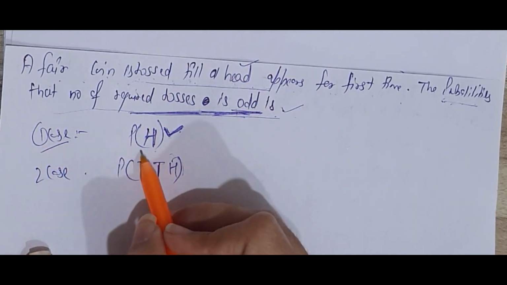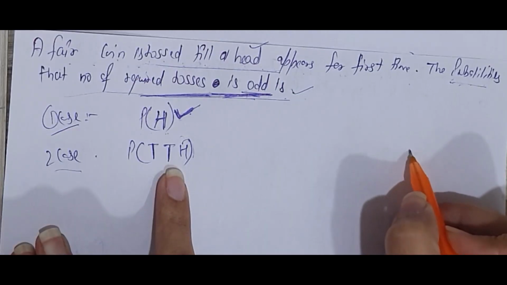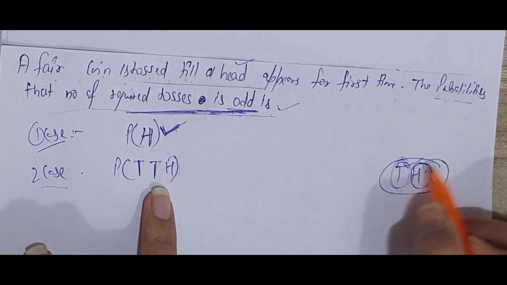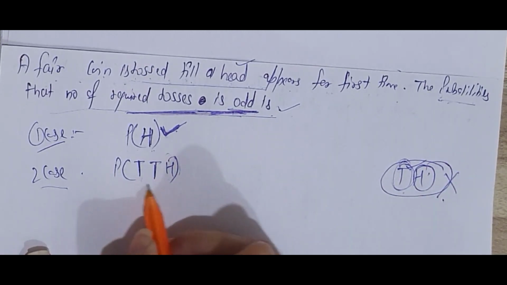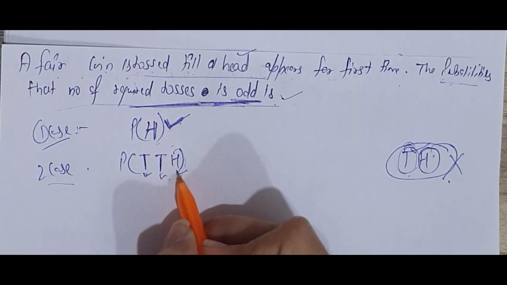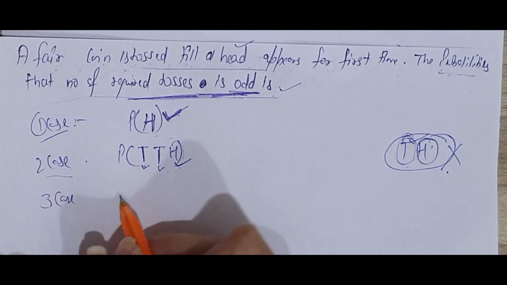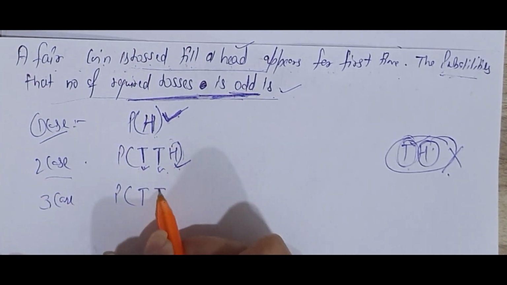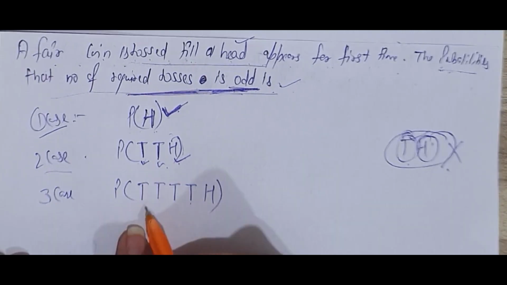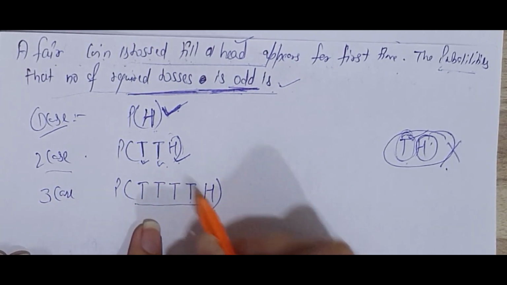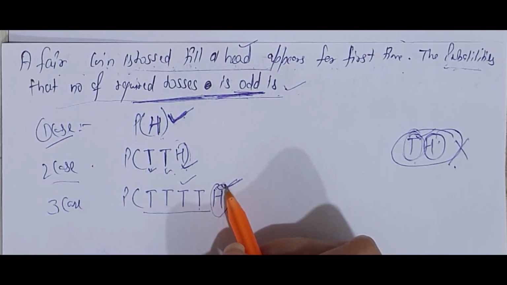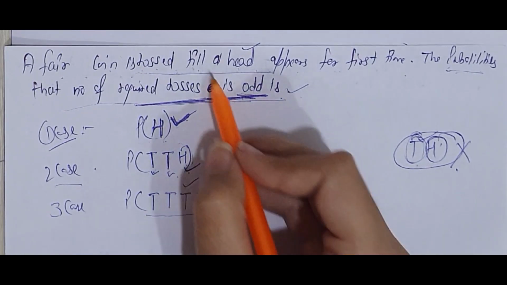They are saying we have to toss the coin till the head appears. Let's take the first case where head appears first time. Second case we can take like tail and head. In first case tail appears, in second case head appears. But we can't take this case because number of tosses should be odd. So we take odd cases. Third case can be first time tail appears, second tail appears, third tail appears, fourth tail appears. We can't take even cases. So 4 times tail appears, fifth time head appears. Because number of tosses should be odd, we have to toss till the head appears.